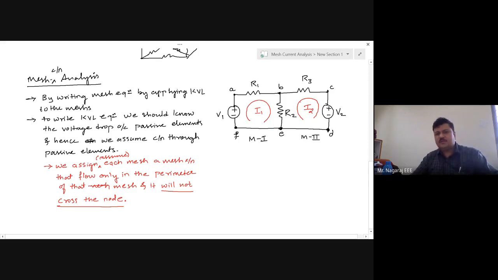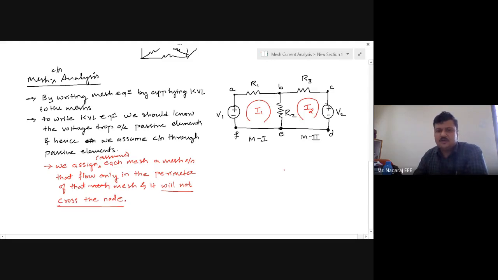So with this kind of assignment, we will assign one current for each mesh, and I write KVL for each mesh. Okay. So for mesh 1 I will write KVL, for mesh 2 I will write KVL. If there is mesh 3 I will write KVL for mesh 3. So what we will get here is, as many meshes as I have, so many currents I will assign to those meshes, and so many KVL equations I will get. So with this, I will get a set of linear equations.